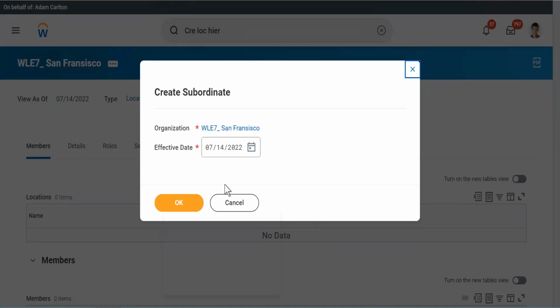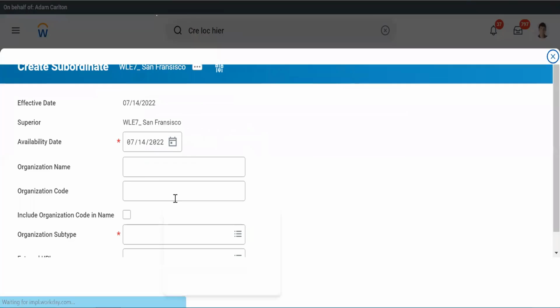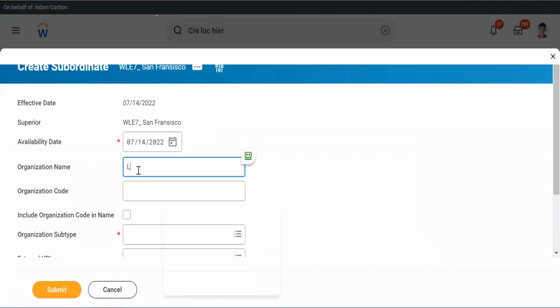What does that mean? So let's say I started my company in the US, or I started my operations in London now. Okay. For that purpose, I will have to first register the location independently, because I need to put the address and all the details. Okay. Then I can put that under the hierarchy. I'm just creating one right now. So under San Francisco, let's say I'm creating London.